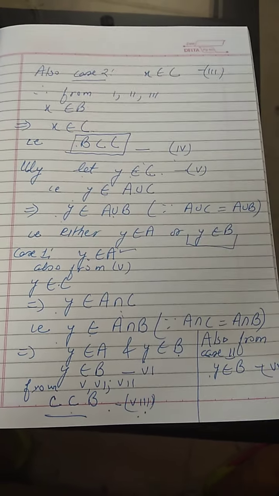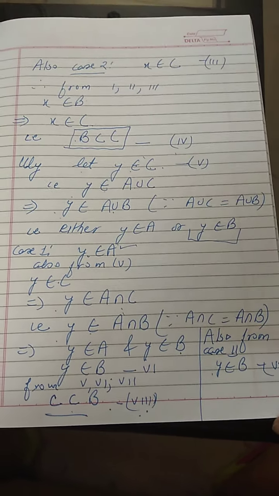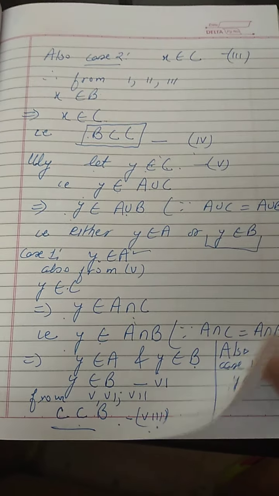So if any step is not clear, you can ask from me if any doubt is there. This was sum number 3. Sum number 4 is show that the following 4 conditions are equivalent. Right? What does it mean? When the 4 conditions are equivalent, it means if I start with the first equation, first implies second, second implies third, third implies fourth, and fourth implies first. So the result is very, very simple. We have to prove that.